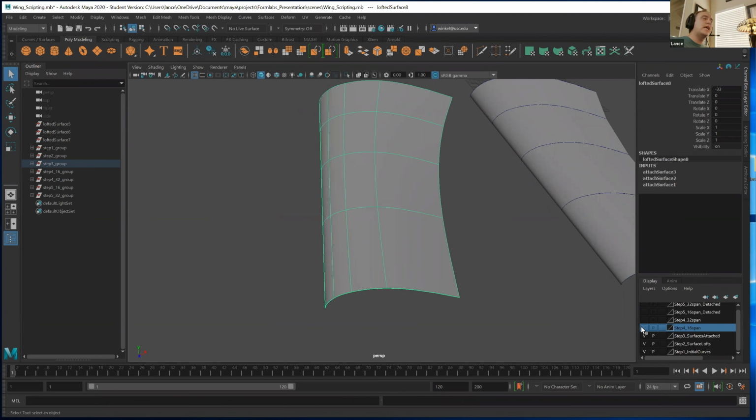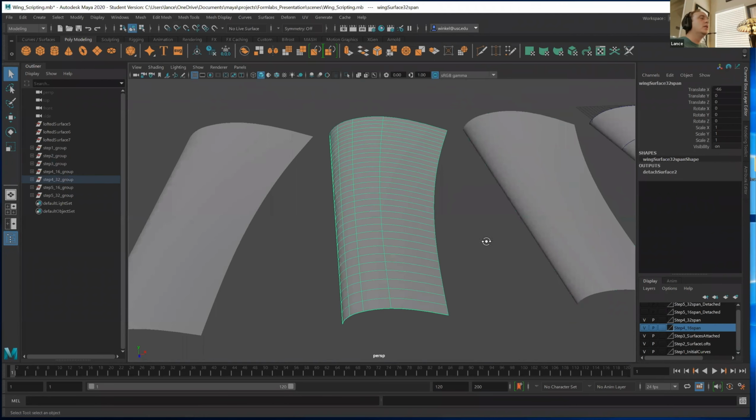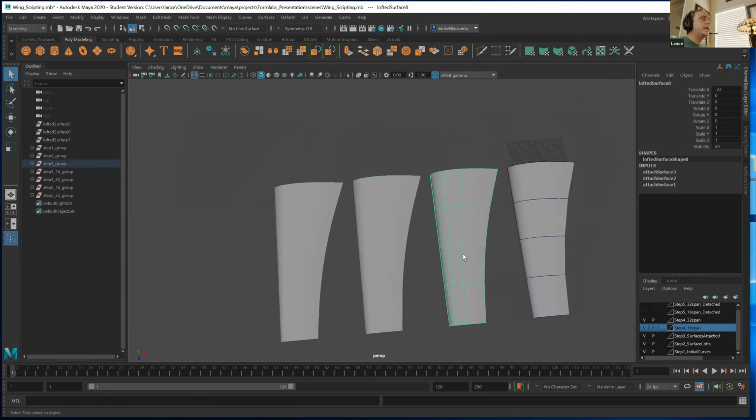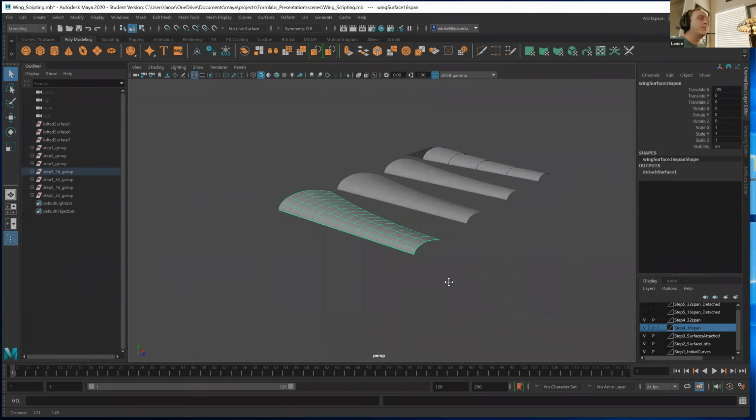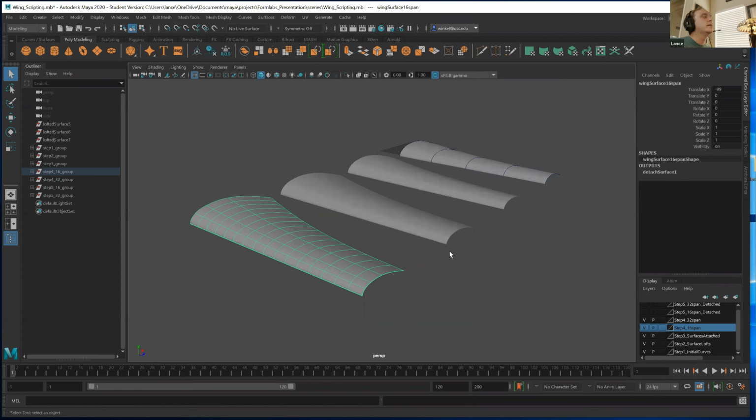From those surfaces, I generated 2 additional surfaces, and all I did was start duplicating them. The only reason I did this is because I did what's called a rebuild. On this one, I rebuilt it to 32 spans, and on this one, I rebuilt it to 16 spans. The reason I did that was because I wanted to show you guys one of the things that I